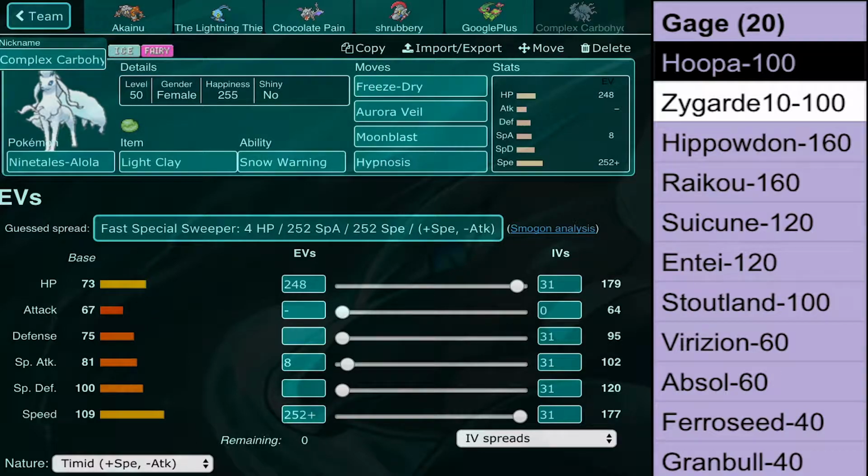And then last but not least, we have the Alolan Ninetales, Complex Carbohydrates, with Freeze-Dry, Aurora Veil, Moonblast, and Hypnosis. I'm thinking...